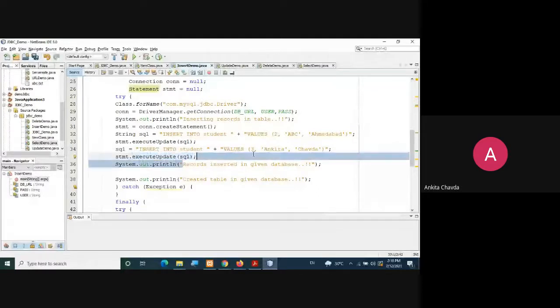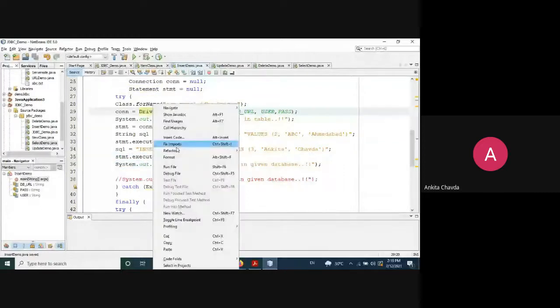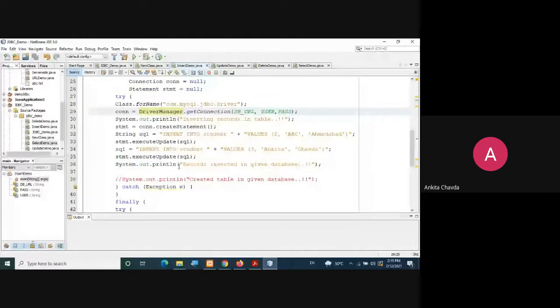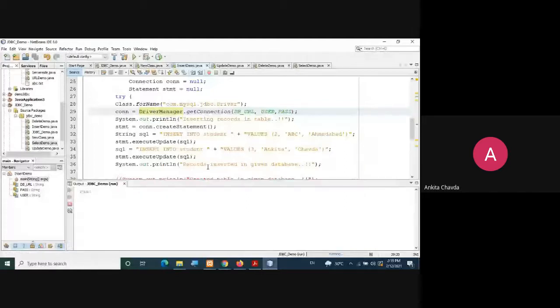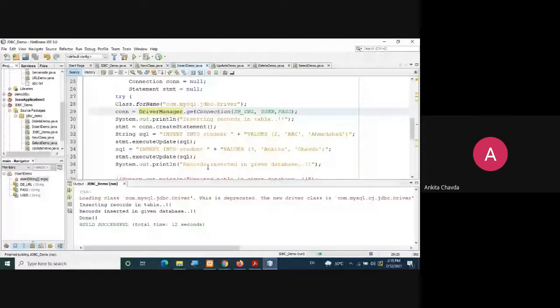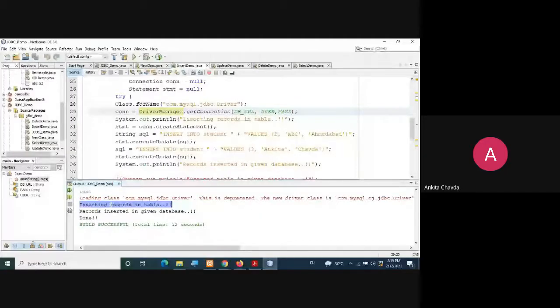So let's run this. It will take some time. Fine. So it is saying inserting records in the table, records inserted in the given database, and finally it is done.